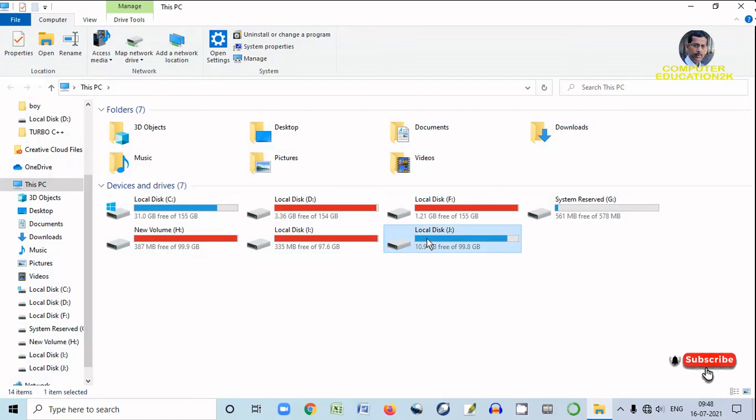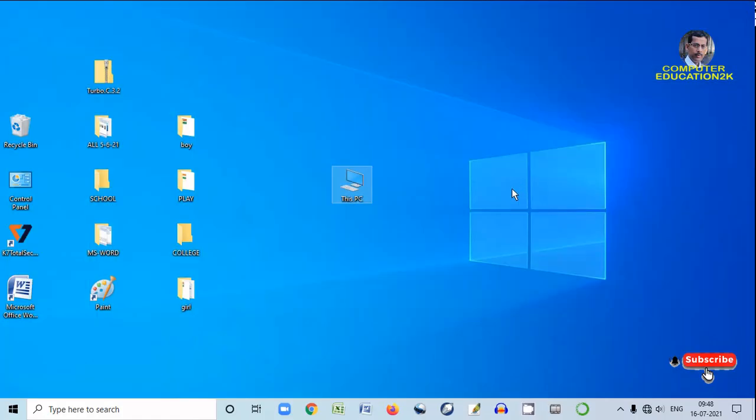So this way you can copy all the files and folders from one disk drive to another disk drive. Now let us have a quick review of what we have done today. We have seen the taskbar. This one is called the taskbar. We have seen folders. Folders contain files.